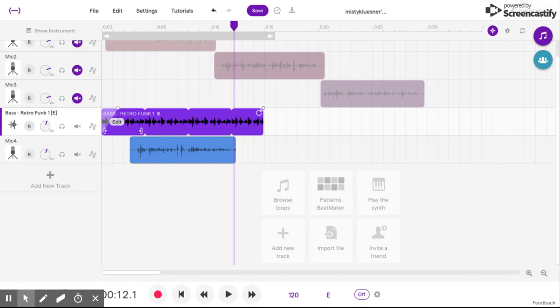And then remember how we did our little fade out? We dragged that little ball over. I'm going to do the same thing here. So I'm going to click and I'm going to drag that over and I'm going to actually have it start fading out just about after my talking finishes. So let's see what it sounds like with my voice and my music all together. So I'm going to take this, drag it over, and